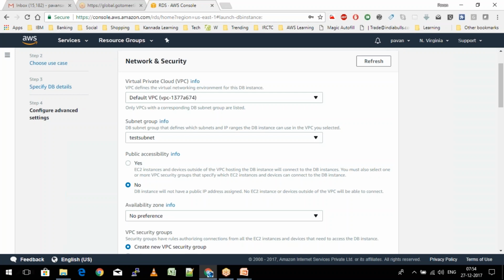When we learn about the VPC section, we are going to learn in detail about what a subnet is and what more we can do with it. But for now, remember, Amazon has created one subnet per availability zone. So if it is the Mumbai region, I have two availability zones, which means I will have two subnets. If it is the North Virginia region, I'll have 6 availability zones, which means I'll have 6 subnets, right? So here I get a choice of which subnets I want to put it across. In these subnets, I have defined which availability zones are going to be picked up. So this will be 1E or 1F.